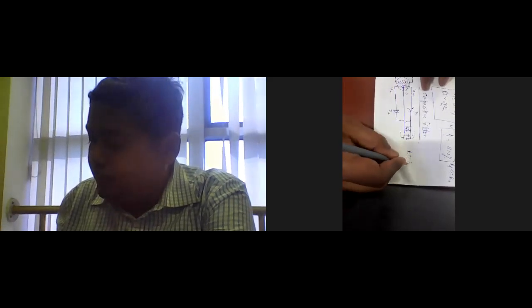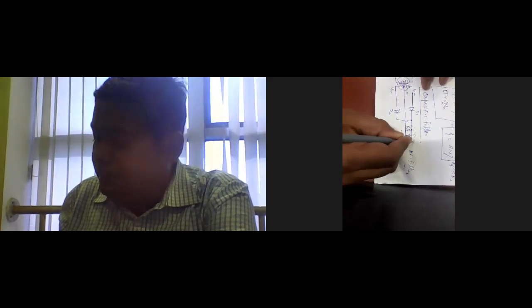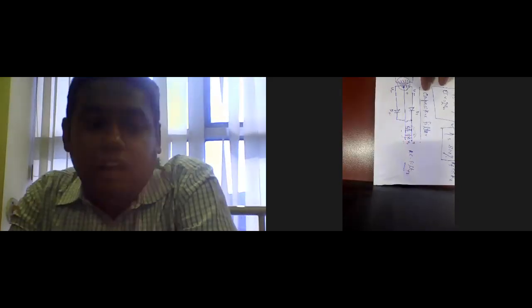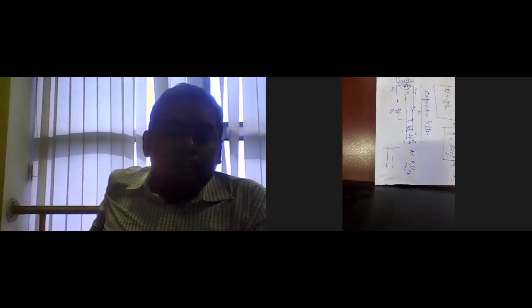So this is one type of RC filter. The RC filter we introduce over here, where we take the DC output voltage across the capacitive output. When we add this capacitor, the ripples are eliminated, and we get the continuous DC output voltage in the CRO.